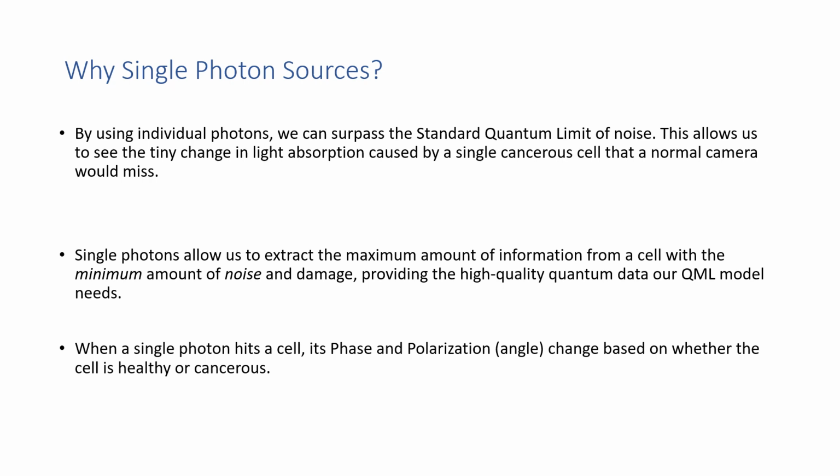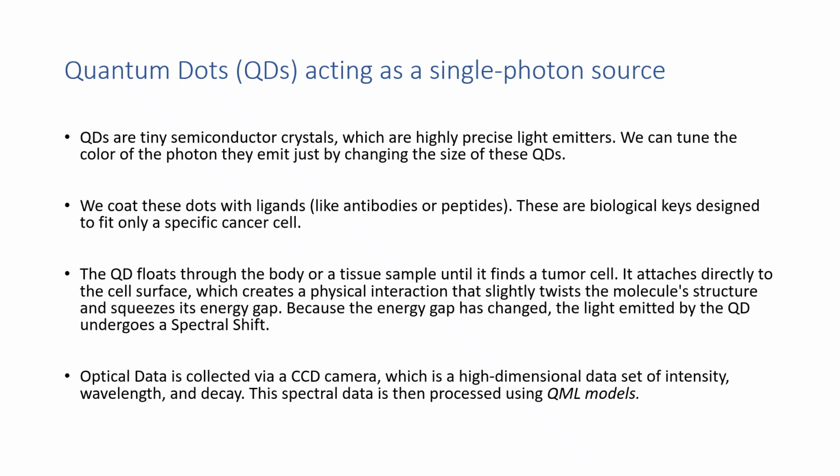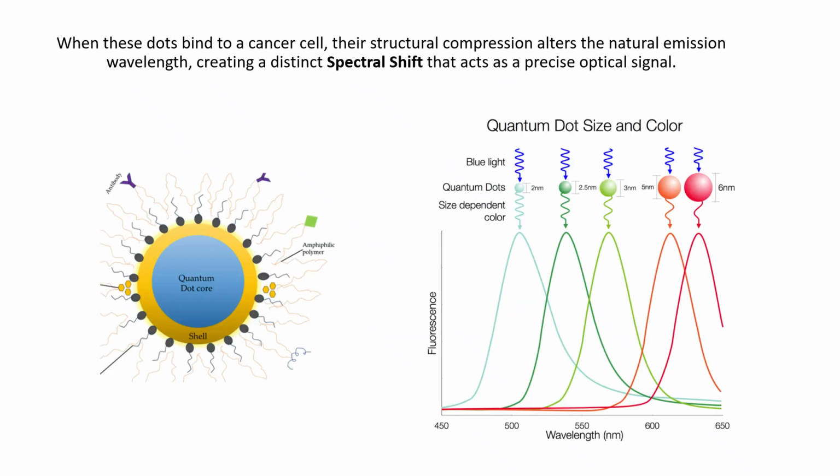I'll now be talking about the synthesis and methodology. And this is where our quantum dots come into the picture. So we are using core shell dots engineered to a precise size of 15 to 20 nanometers, which lets us tune their light emission using the typical size effect I'll be talking about. So we coat these dots with biological keys like antibodies that are designed to latch onto specific cancer cells. And when a laser excites the dots, their physical interaction with the tumor shifts the light spectrum they emit.